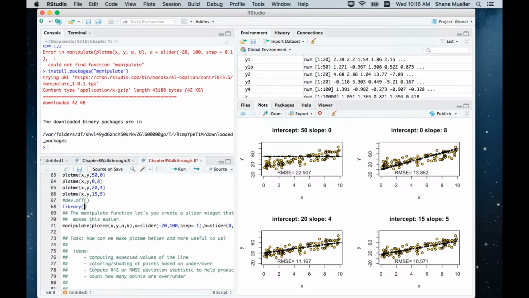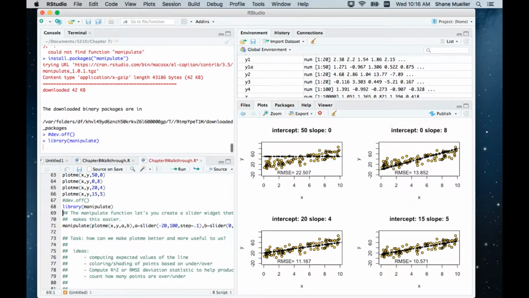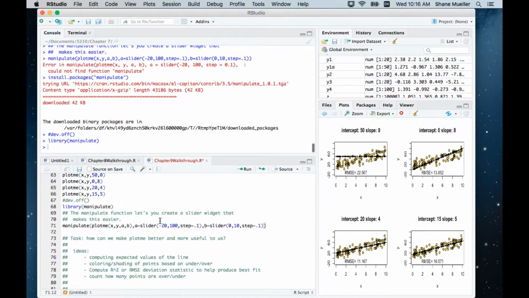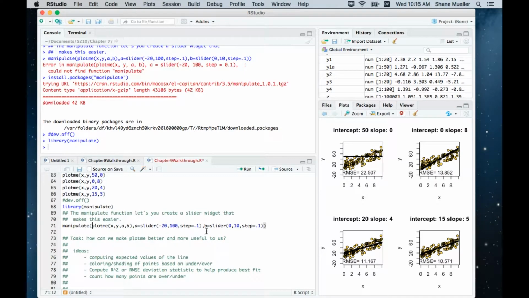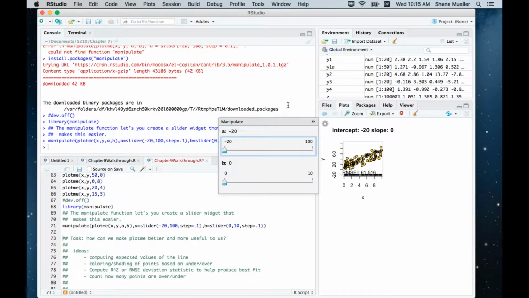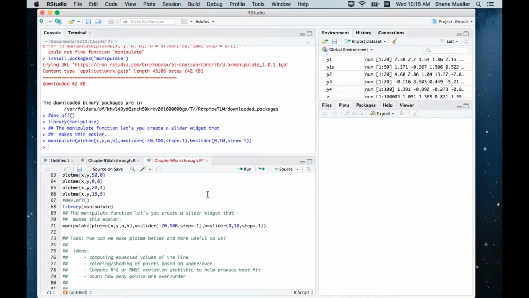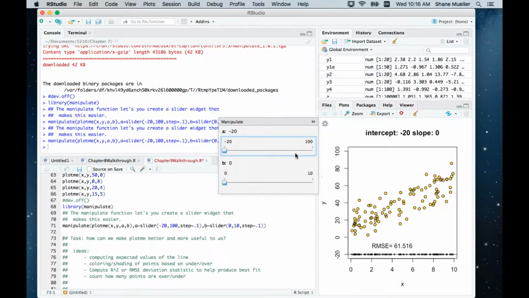So if I load the library and then run this, here what I'm doing is I'm giving the first argument of manipulate, plot me, and then I'm telling it what values I want, so it's going to set A and B and repeatedly run whenever I change these. So what happens is this little dialog comes up. Let me clear this so I have it bigger. I'll run this again. So this dialog comes up, and I can play with this, and when I move this,